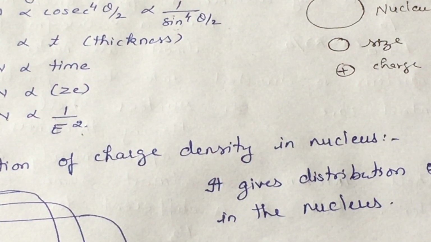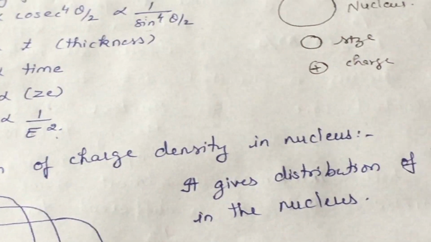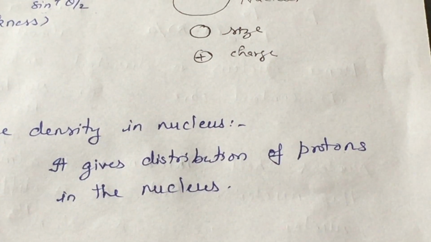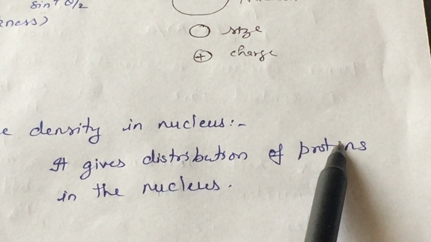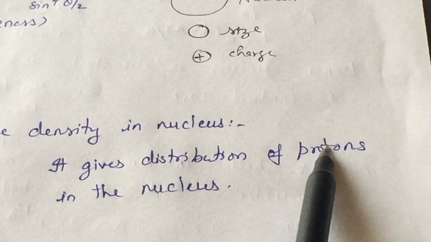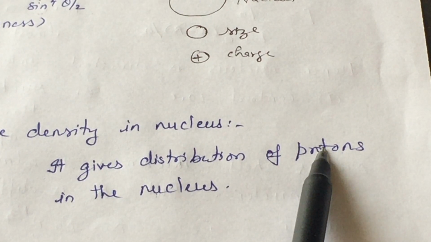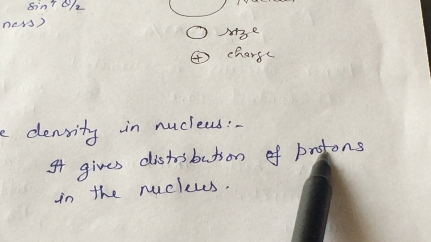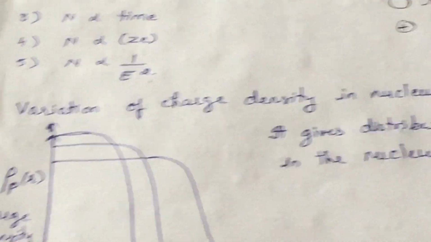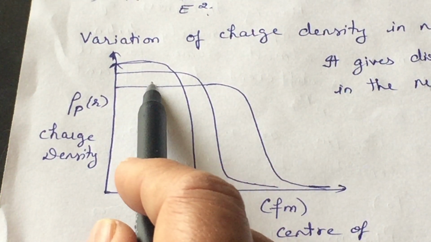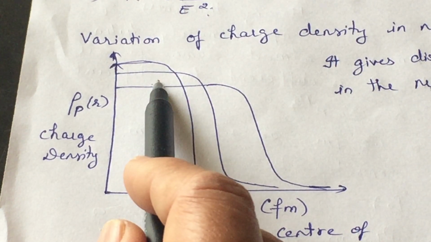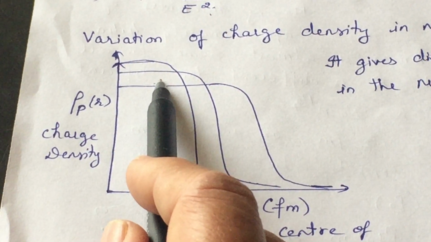Studying the charge density means discussing the distribution of protons, because neutrons are neutral particles. Calculating mathematically with the results from the Rutherford scattering experiment,